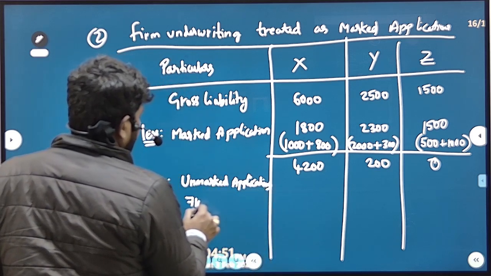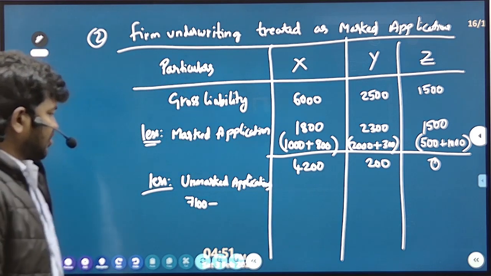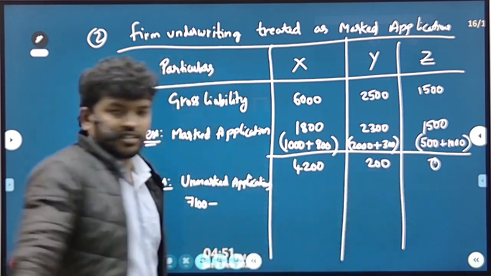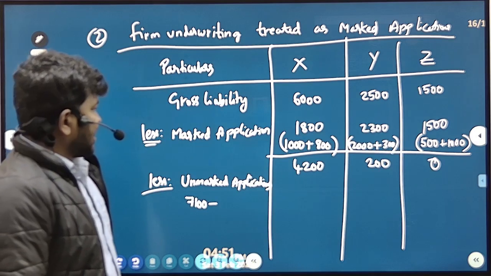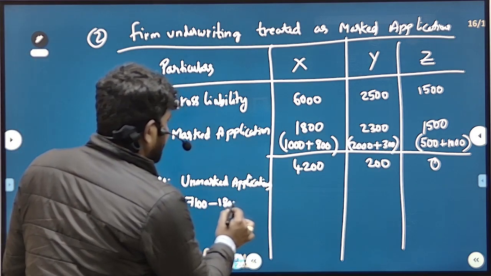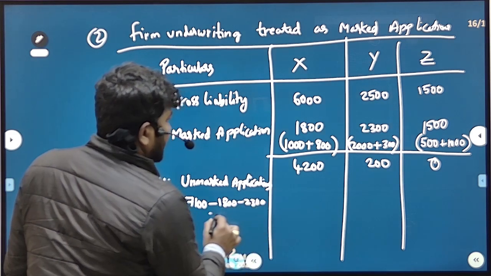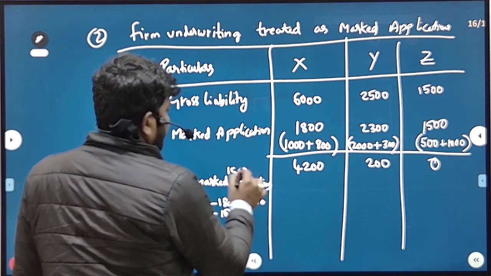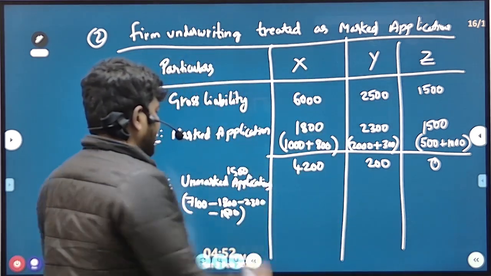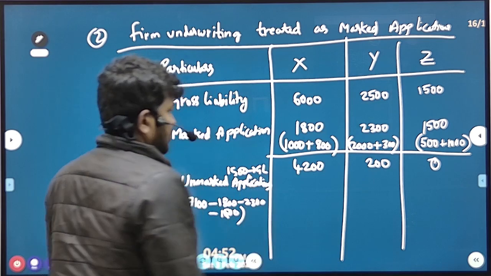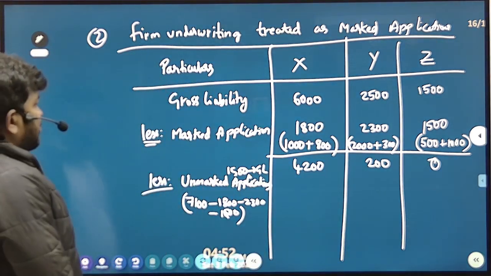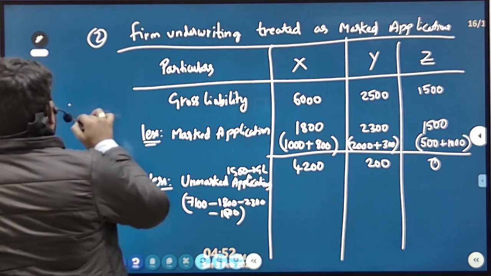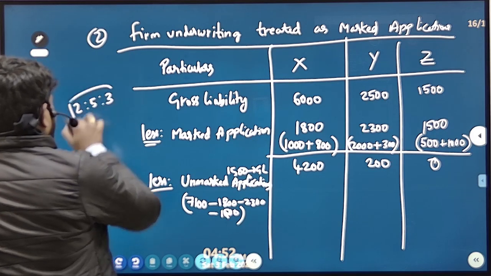टोटल एप्लीकेशन 7100 है, यस और नो? उसमें से ये टोटल माइनस करो, इसका टोटल कितना हुआ है? माइनस 1800, माइनस 2300, माइनस 1500, कितना? 1500 आया था ना? 1500 बांटो ग्रॉस लाइबिलिटी रेशियो में। ग्रॉस लाइबिलिटी कितना था? 12:5:3। सो 12:5:3 में बांटो 1500 को,